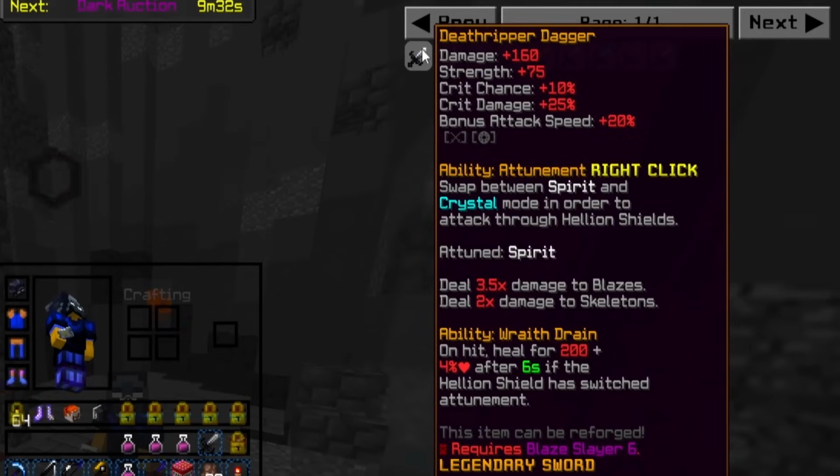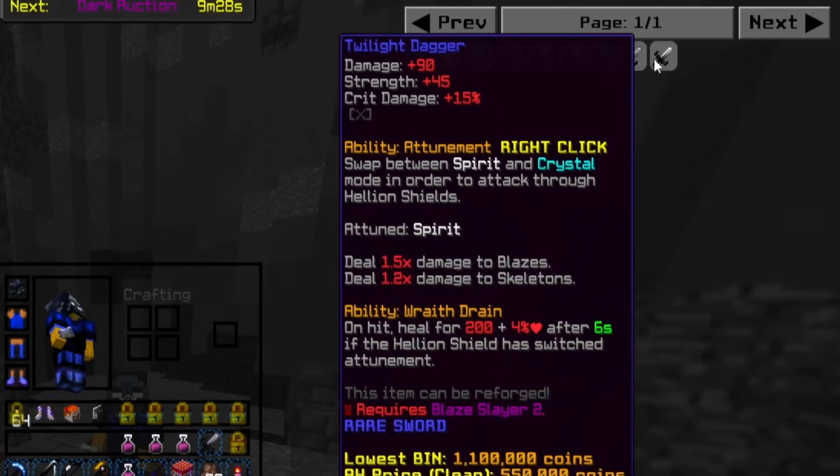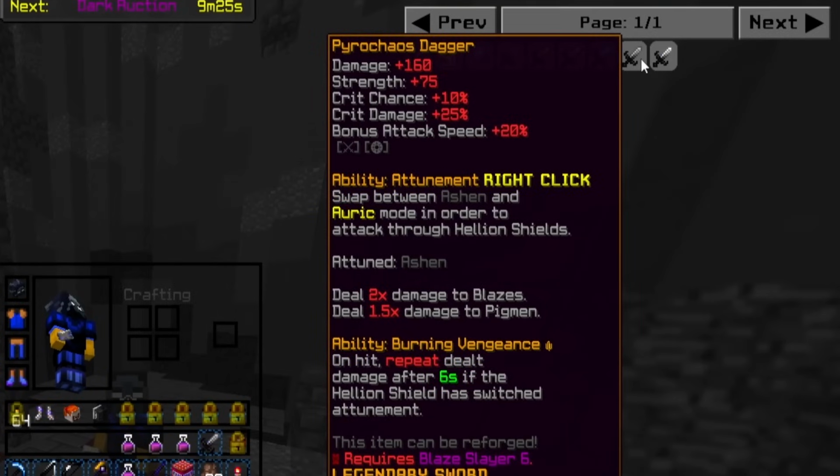For this boss, you're also going to want the tier 3 daggers, the Deathripper Dagger, as well as the Pyrochaos Dagger. On these daggers, you want Fabled, you want Perfect Jasper, and a Perfect Opal. Chimera, or if you don't have the money for Chimera, Swarm 5, Smoldering 5, Champion 10, and here are the